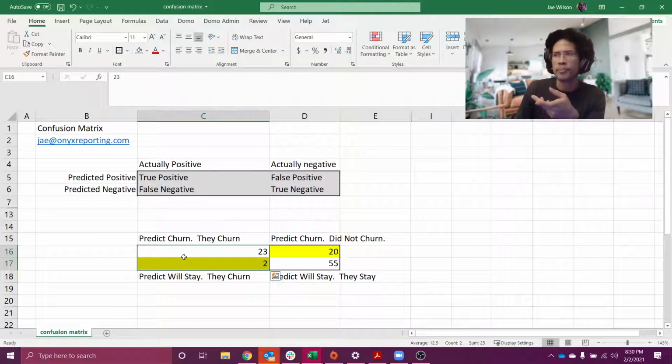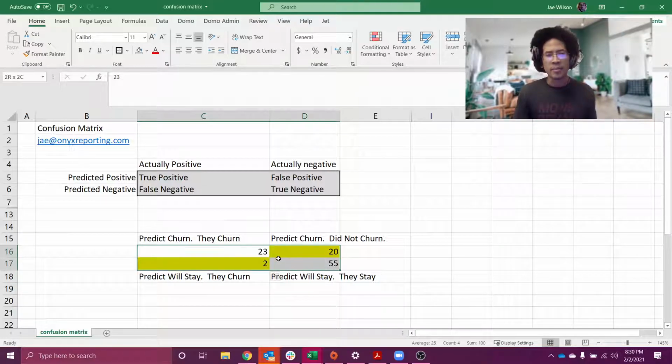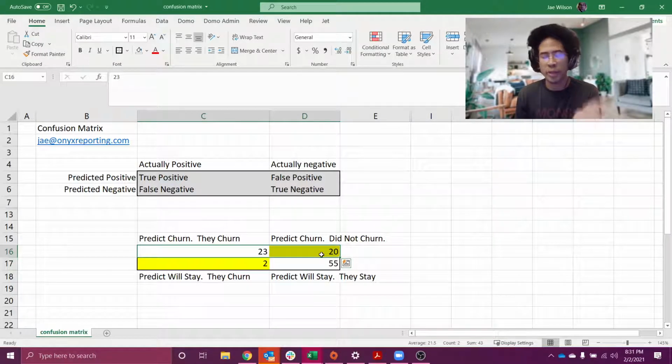That's pretty good, right? Well, here's the problem. I was talking to the guy in charge of customer success, and he was rolling out this big customer retention program that they were very excited about. And he said, Jae, look, this is good, but look at this number here. Almost 50% of the 43 flagged churners were never at risk of churning. I'm running people through a customer retention program that costs me budget, and half of the time they weren't even at risk. Can you get that number down?